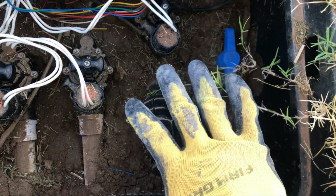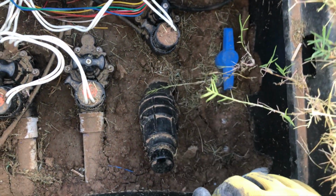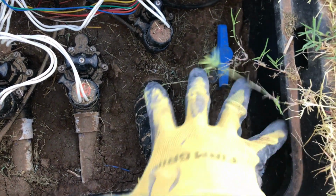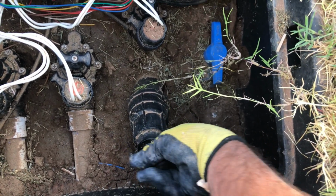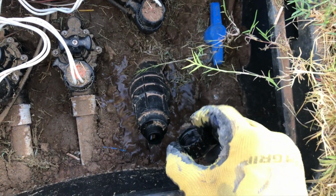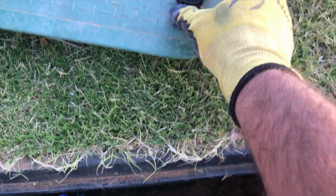Oh, and by the way, I'm using a glove. You always want to wear some sort of glove when you're reaching down in these valve boxes, because you never know what's going to be in there, and at least it gives you some sort of protection. Hey, there's a little bonus tip for you. This has got a cap, and you can open up this cap right here, and you can already see water coming out of it. This is basically a flush cap. So you take this cap off, set it aside over here,